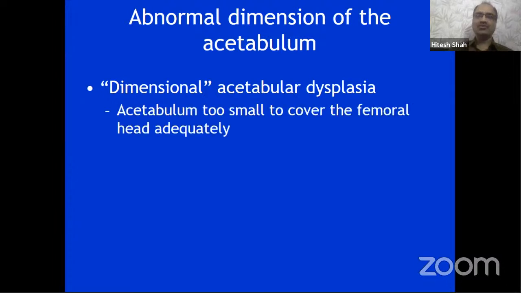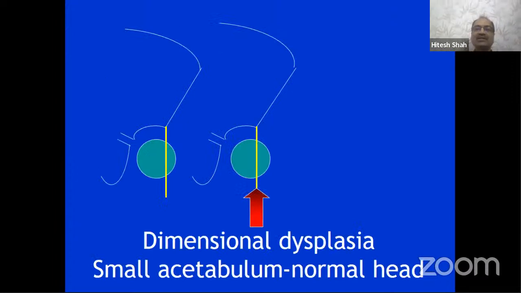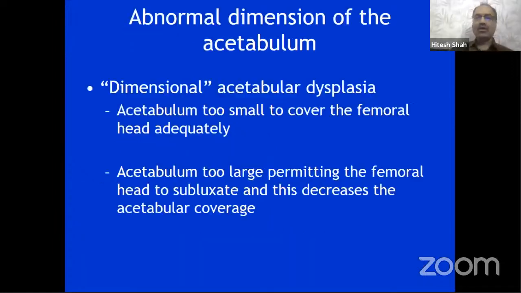Like the acetabulum is too small to cover the femoral head adequately. If you see this, the femoral head is round in shape and almost 25% of the femoral head is not covered by the acetabulum, where the acetabulum is smaller compared to the normal femoral head. Or it can happen that the acetabulum is too large and permits the head to subluxate, and that is very commonly